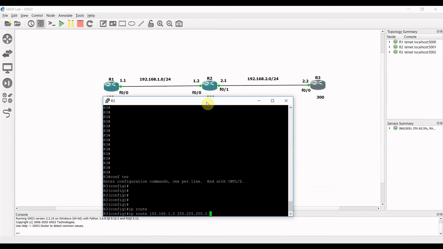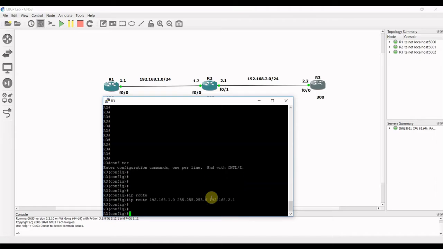From router 3 we should go via the interface F0/1 of router 2, so the gateway should be 2.1.